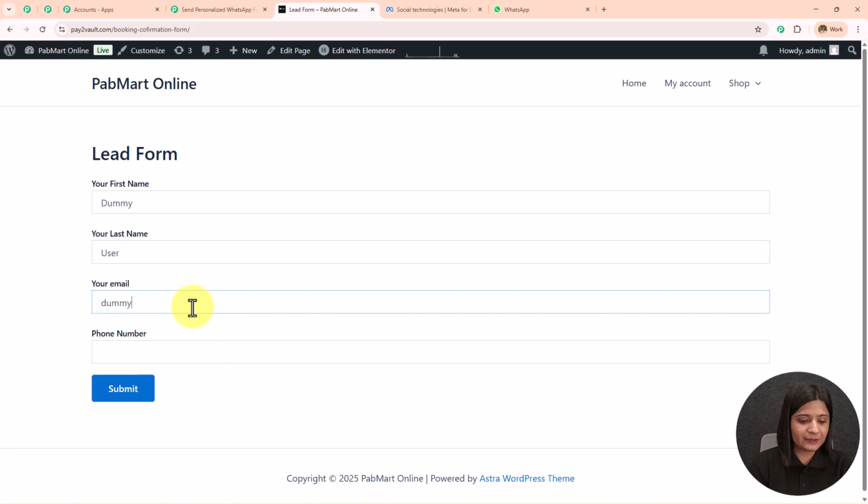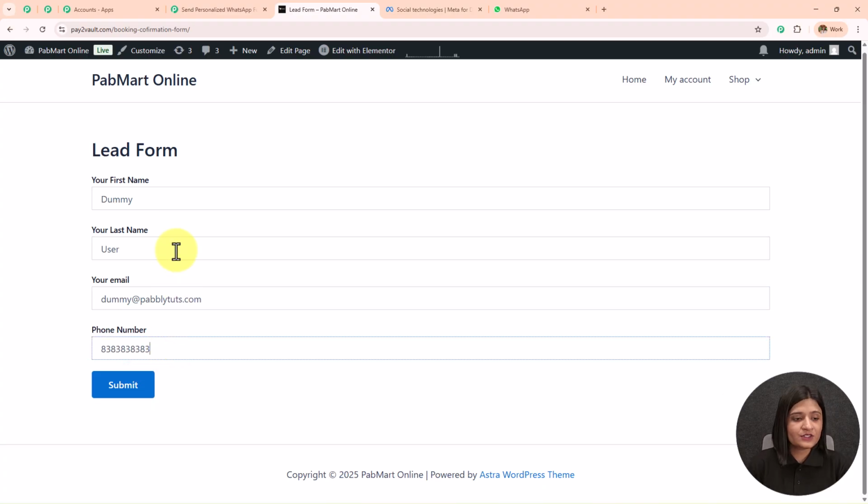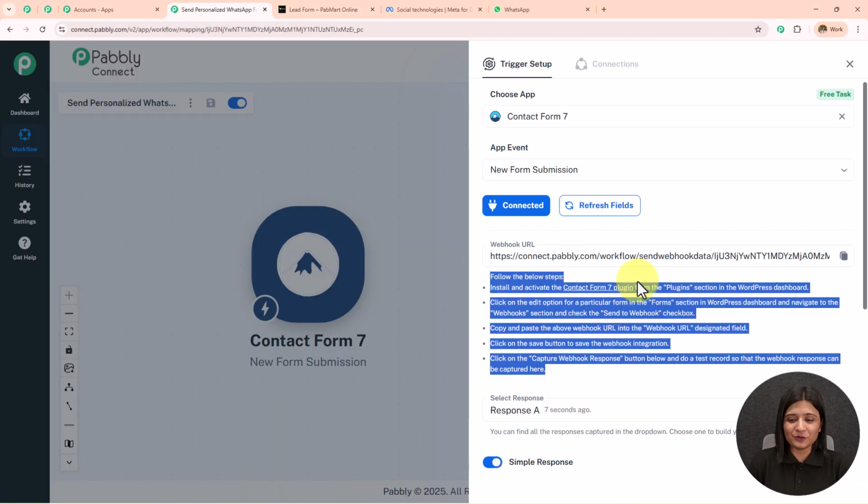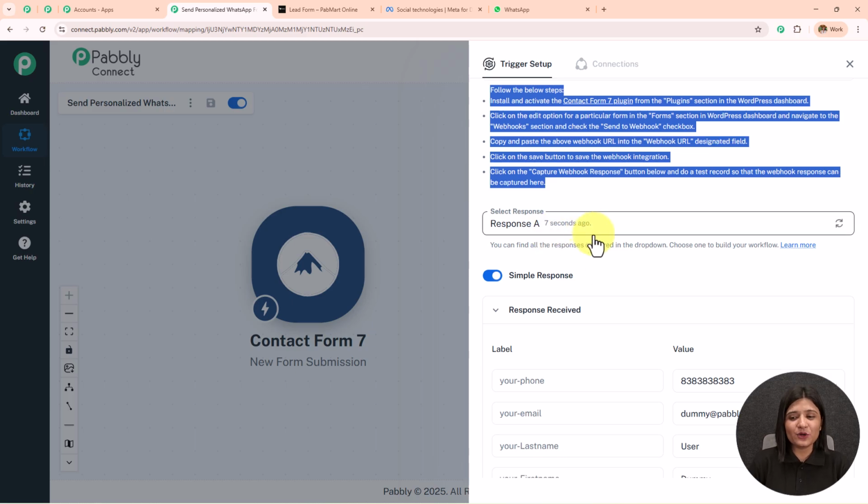I'm going to enter my email address as tummy@pabblytudes.com, and then I'm going to enter my phone number. So here I have entered all the details. Now I'm going to click on this submit, and let's wait for this form submission. Here, thank you for your message. It has been sent. I'm quickly going to open my workflow, and 7 seconds ago I have received the response,